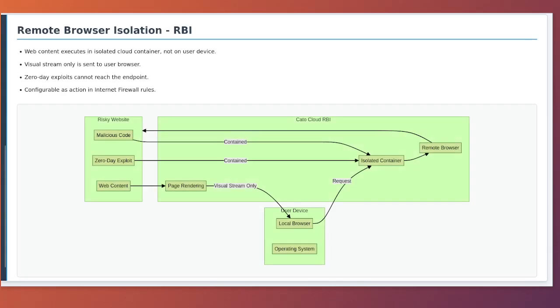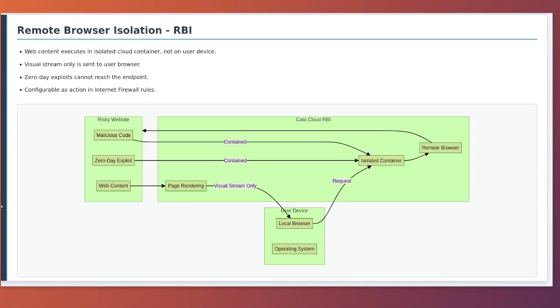Remote Browser Isolation (RBI). Let me explain remote browser isolation, which provides an additional layer of protection against web-borne threats. RBI is particularly valuable for high-risk browsing scenarios where traditional security controls may not be sufficient. Remote browser isolation works by executing web content in a secure, isolated container in the Cato cloud rather than on